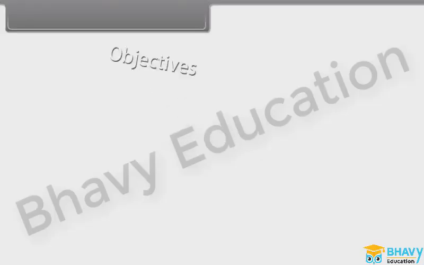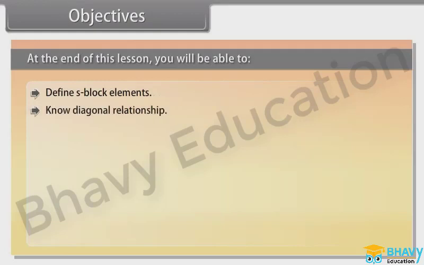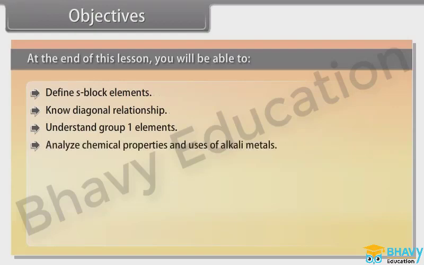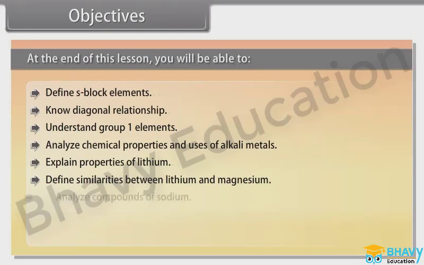Objectives. At the end of this lesson, you will be able to define S-block elements, know the diagonal relationship, understand group 1 elements, analyze chemical properties and uses of alkali metals, explain properties of lithium, define similarities between lithium and magnesium, analyze